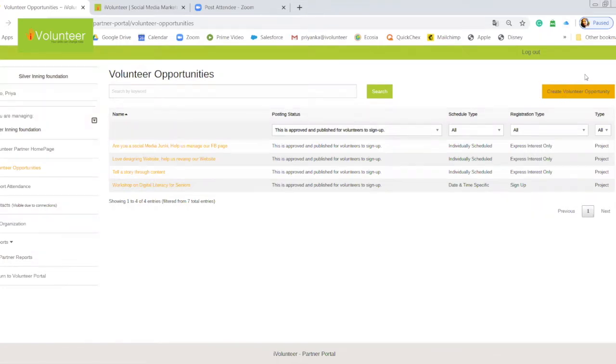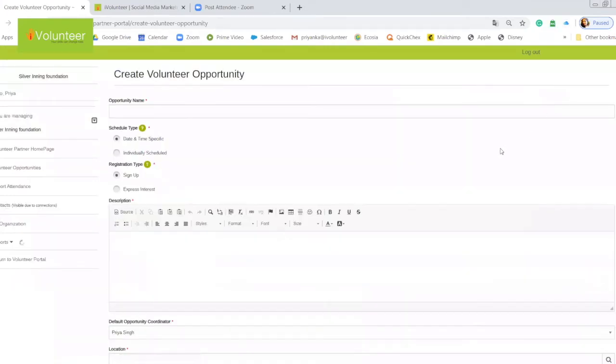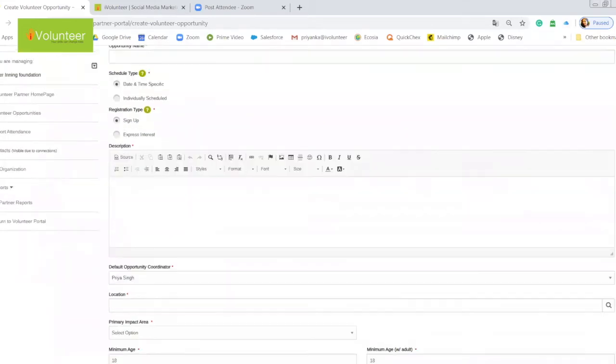So I come to the top right corner, the orange band which says create volunteer opportunity. I'll click here. And here comes the template where I need to fill in the data to create an opportunity.